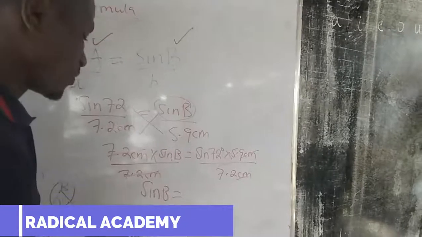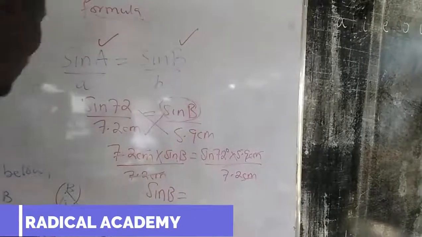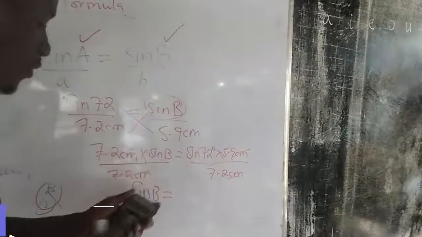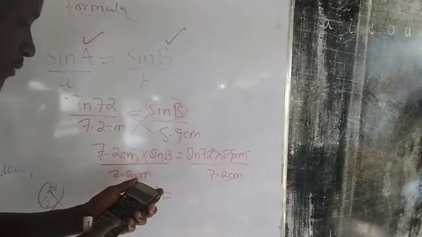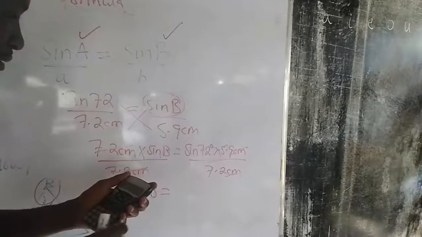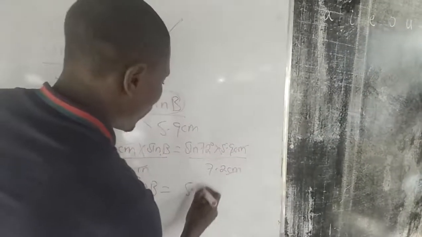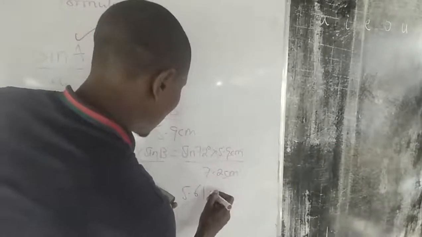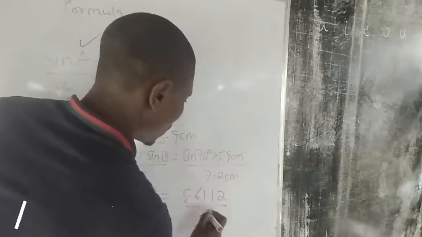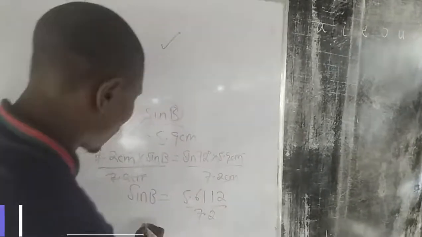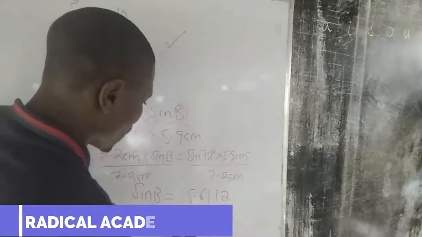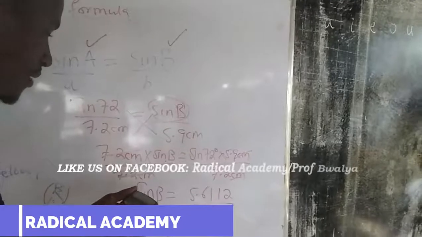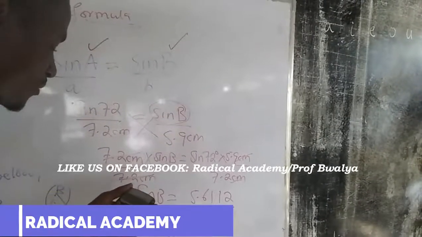Once you do that, you punch sine 72 multiplied by 5.9, then you get 5.6112 over 7.2. Therefore sine b equals this number divided by that number. So you get the answer divided by 7.2, you get